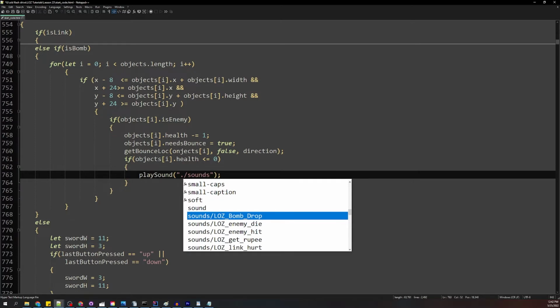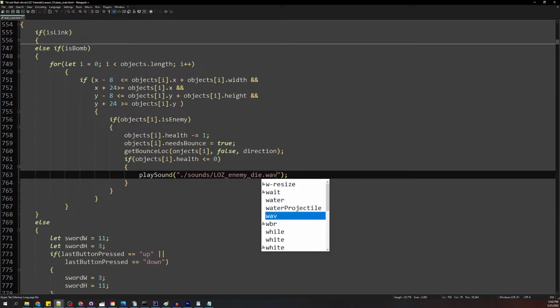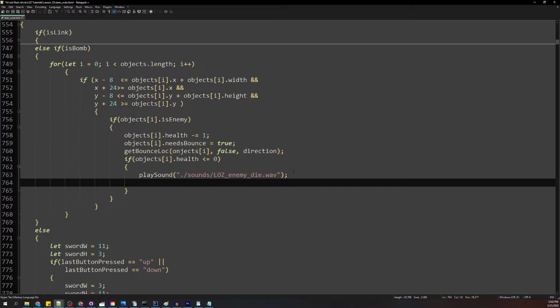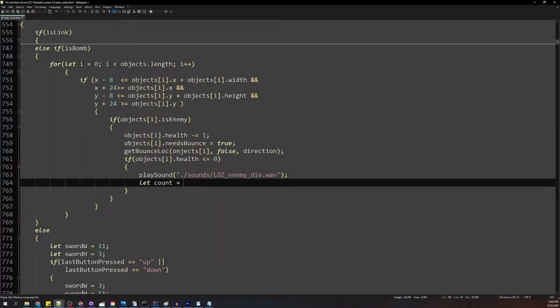Sounds LOZ enemy die. Okay, it is already there. Dot wave. Okay, so that's good. And then what we're going to do is we're going to say let count equals 0